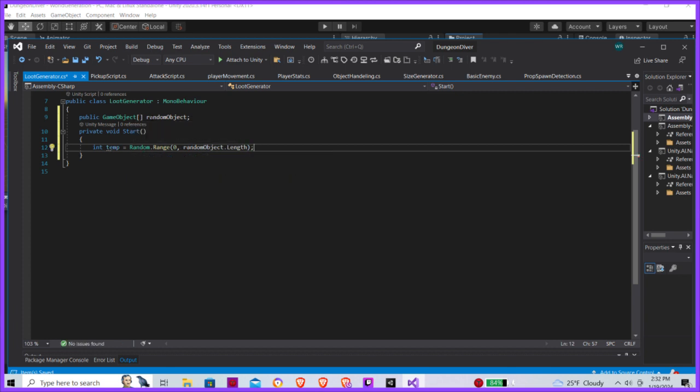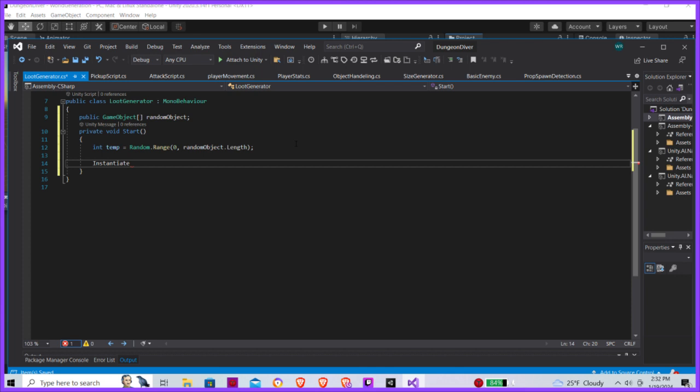This is considered an array, and we just store information there, and the length will look through every object. And then I'll just instantiate a random object of temp